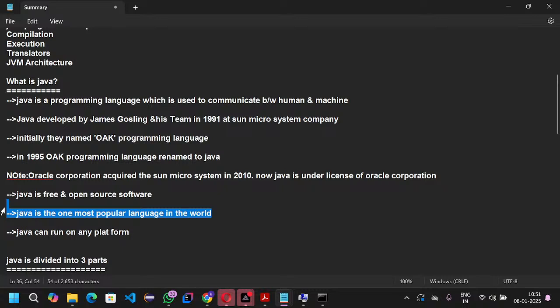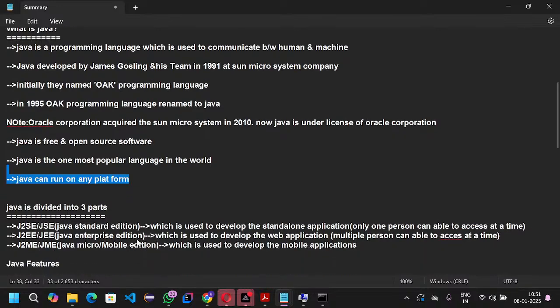Java is the most popular language in the world. Okay, next, Java can run on any platform. Okay, fine. Next,